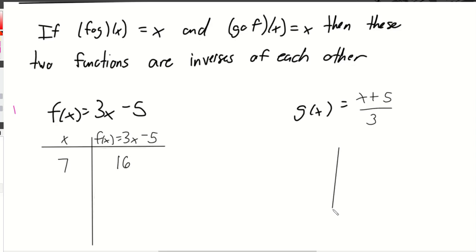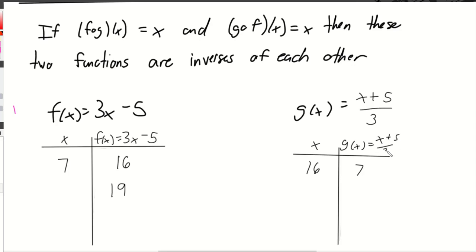Okay? And if I reverse my input and output, so over here, Sunny, what number did you start with when you were trying to get back to 7? 16. So you started with 16, and you got 7 back. If I said I ended with 19, what would my original number be? My original function. If I said that I multiplied by 3, subtracted 5,